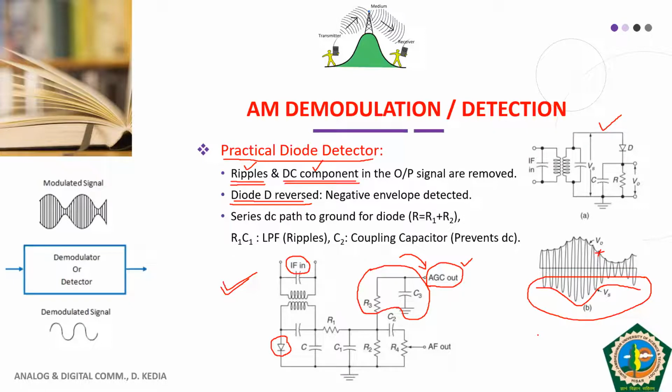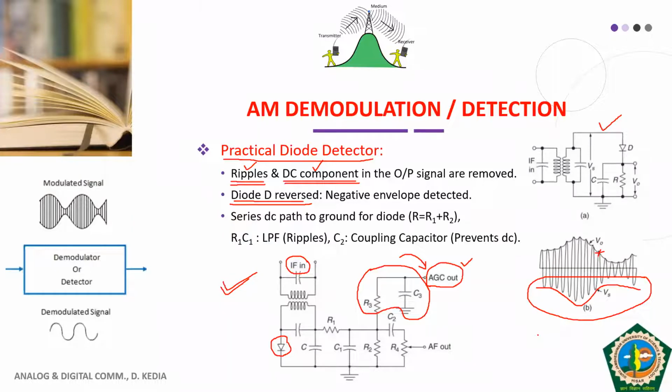When you change channels in your TV, what happens if you move from one channel to another channel? In some of the channels, the volume is quite high. In some of the channels, the volume level is quite low. That is due to different gains. So if you can ensure automatic gain control, in that case, your change in volumes will be controlled. That is the purpose of AGC. And R3C3 provides us the AGC signal.